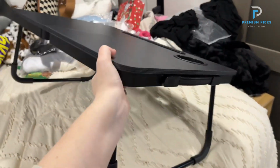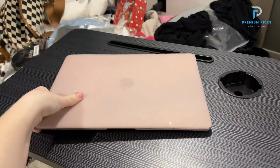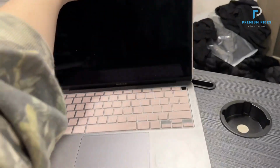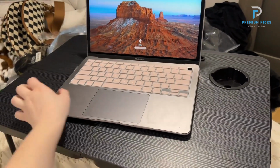The tabletop is thoughtfully designed with practical features that improve usability. A built-in slot allows you to hold a phone or tablet upright, making it easier to watch videos or attend virtual meetings. There is also enough space to place a laptop, mouse, notebook, or snacks, making it a versatile surface